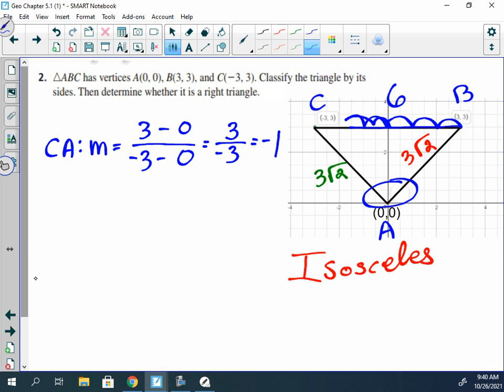Well, the one slope is already -1. What's the only number that times -1 that would give me -1? Just 1. Because if we multiply anything by 1, we get the number back. So we just need for BA's slope to be 1. Because if it's a +1, then these two slopes are opposite reciprocals. They are perpendicular. Well, the y value at point B is 3, and the y value at point A is still 0. I'm putting it second because it is 0. Our x value is 3 minus